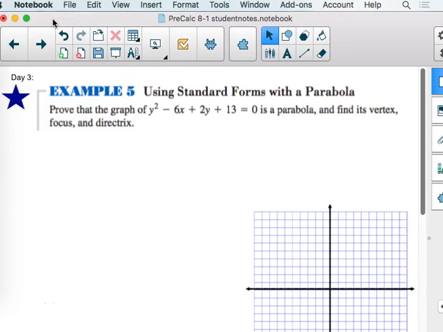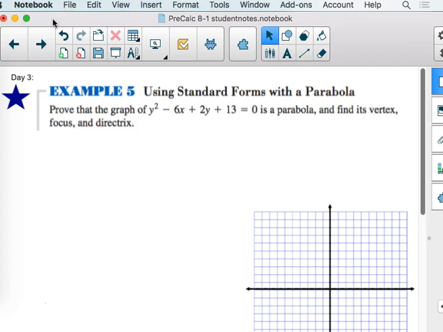Day 3. We're still working on our objectives, several of them about parabolas. How do you make this happen? Understand the geometry of parabolas and their key features. Well, I'm looking at this and thinking, how am I supposed to know that's a parabola up there? Prove that the graph of y squared minus 6x plus 2y plus 13 equals 0 is a parabola, and find